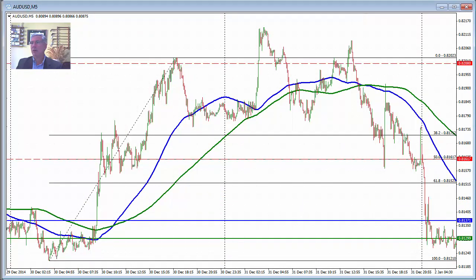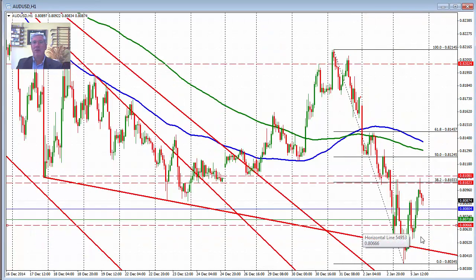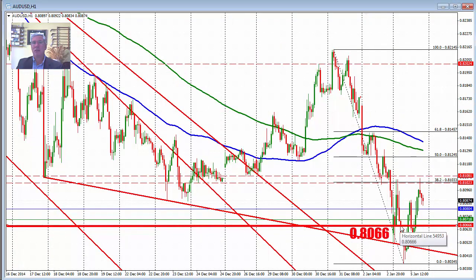I'm going to take a look at the hourly chart here, and here's our 80.66 level. The market moved below that level early on, and then made new lows during the late Asian session, I should say. But then it started to move above and spent the last 6 or 7 or so hours above that level in trading in the New York session. Now, the one thing that we are doing on the top side is finding resistance here